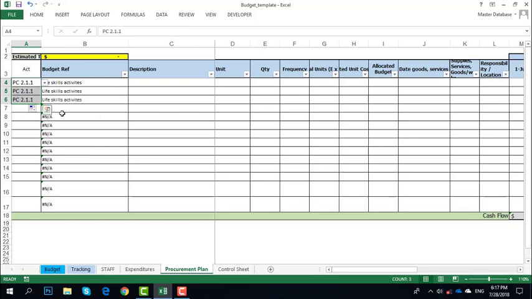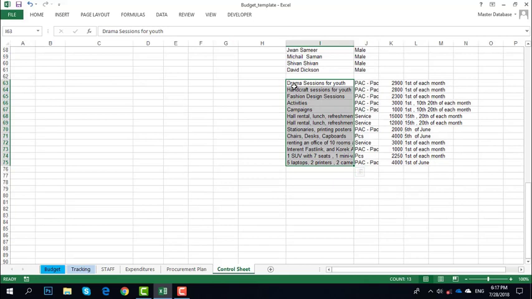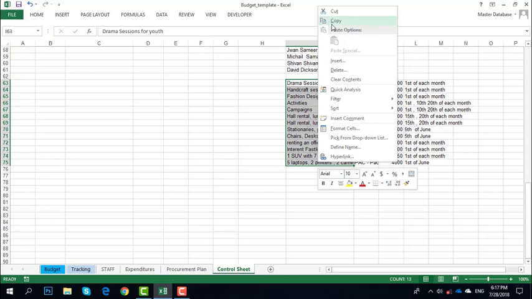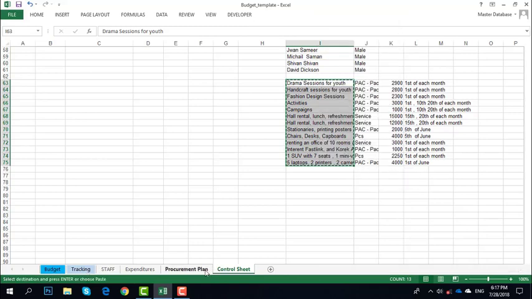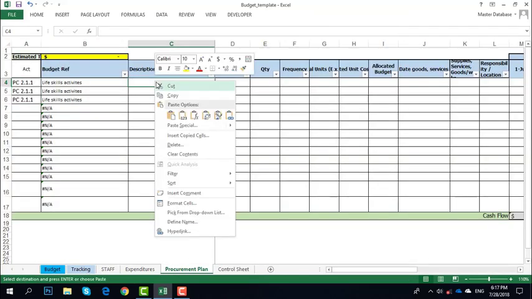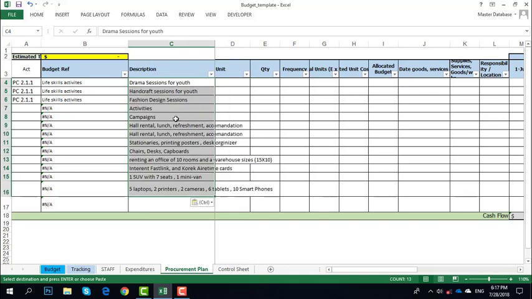So for me, I have designed the procurement plan, and I have put it here, like this is life skills, handicraft, life skills, this is outreach activities, this is trainings. So I will copy all of them, just to save time. The technical persons supervising this one, okay. So this one is a